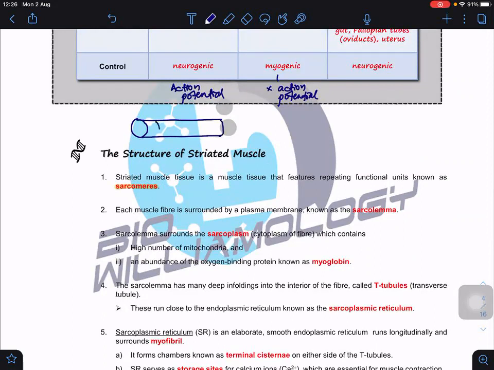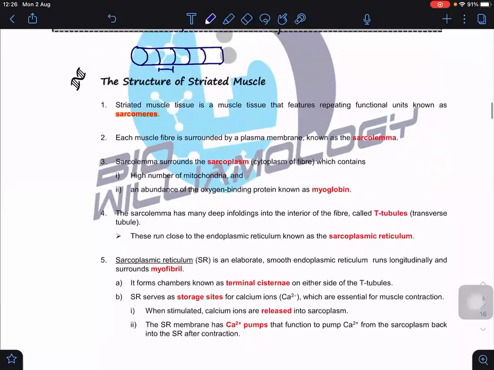Okay, so at regular intervals, you will see something like this. So this is one sarcomere in this myofiber. Each muscle fiber is surrounded by the plasma membrane. They are cells, so they should have a plasma membrane, but this plasma membrane we give a special name called sarcolemma. Sarco means muscle, lemma means membrane. So that's why it's the membrane of the